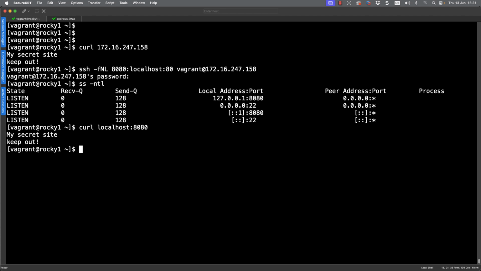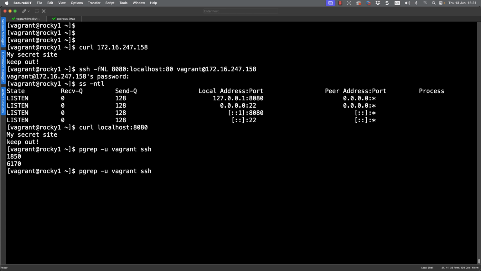Now this should time out automatically based on the client alive timeouts. However, if we want to get rid of it once we are finished, we can go through, and I use pgrep to search for processes for the user vagrant that have got ssh in their name, and we can see, well, we get a couple coming back.